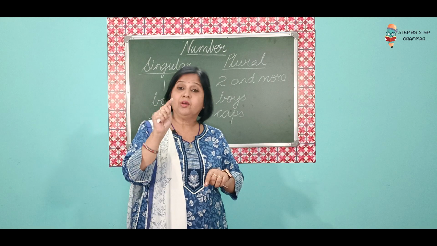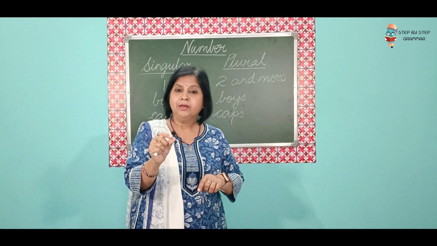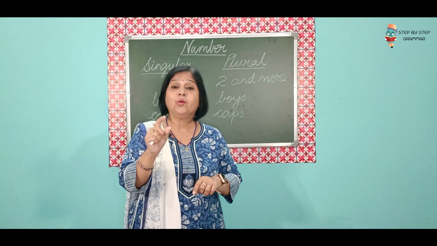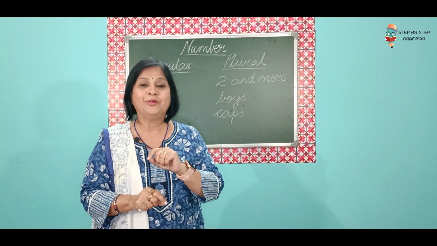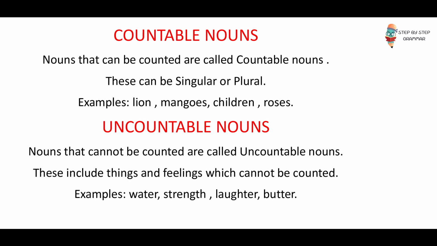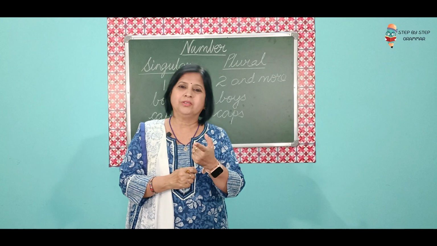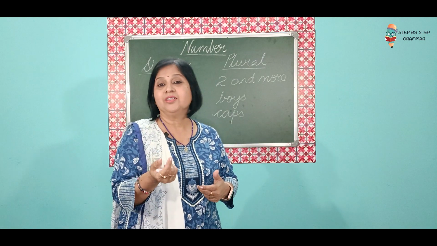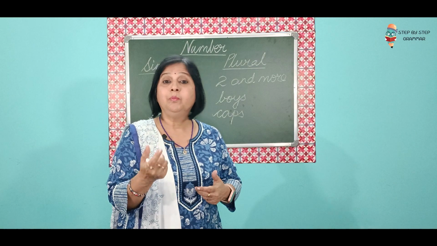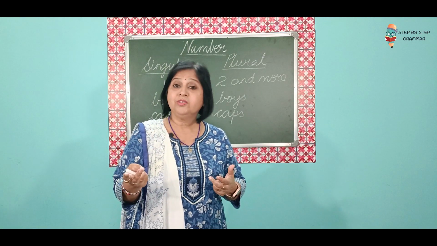But where we cannot give any number to a particular thing or object, they come under the category of uncountable nouns. For example, all liquids. We don't say, please give me 1 water, please give me 2 water. What do we say? Please give me a glass of water or a bottle of water, 3 bottles of water,